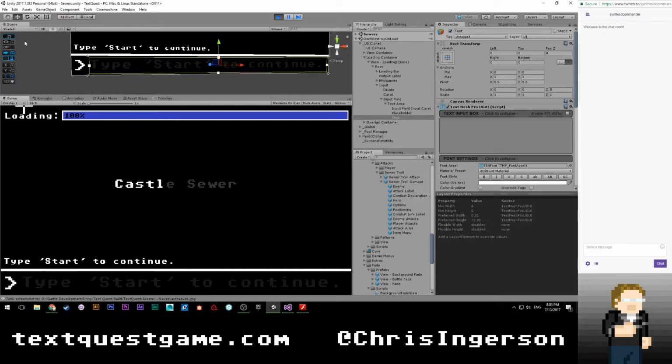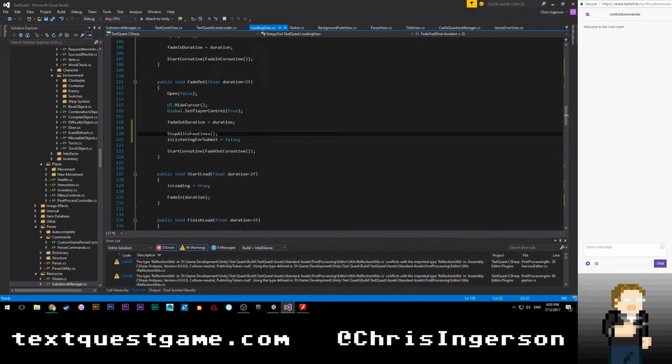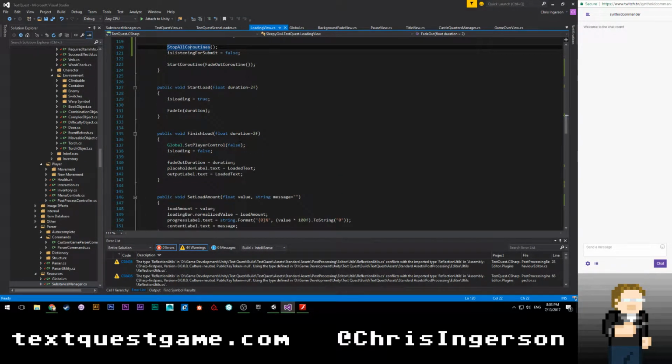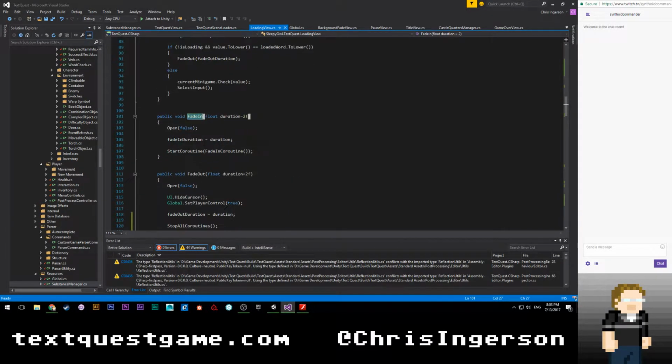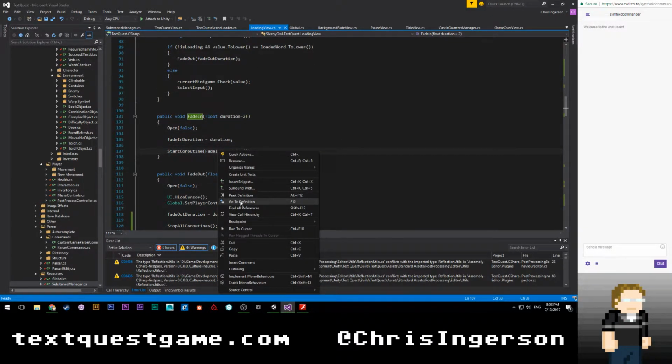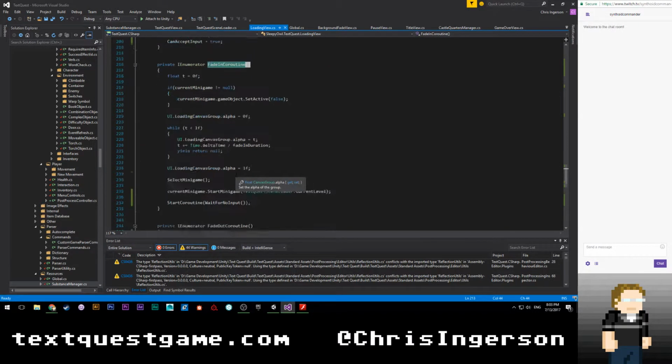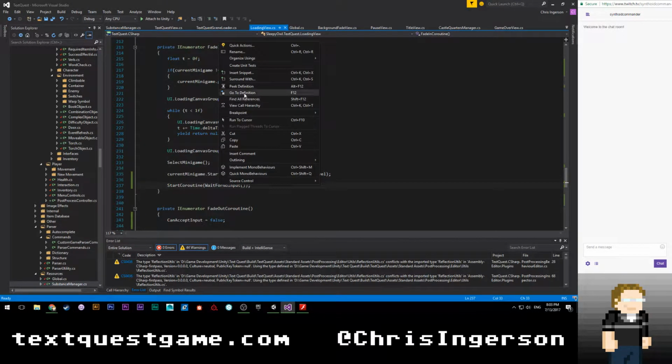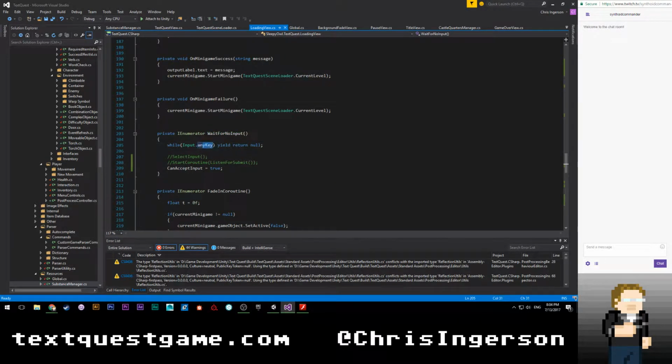What to do about that? Let's press this. Stop all coroutines for fade out. Start load, fade in duration. Go to definition, start coroutine, fade in coroutine, go to definition. And then we're going to... We have a start coroutine, wait for no input. This doesn't seem to actually be firing true. Or potentially a lag spike makes it so that it doesn't detect that I'm still holding down the W key? I wonder. I'm not entirely sure what else I can try here.